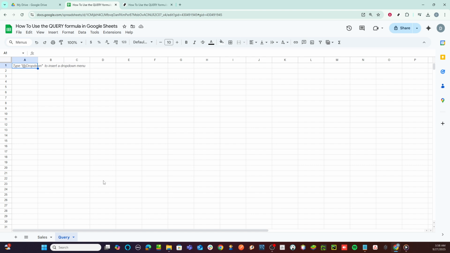Now that you're on the right sheet and tab, click on cell A1. This is our starting point for entering the query formula. When working with formulas, precision is key, so ensure that A1 is selected before proceeding. In cell A1, you'll want to type the following formula. =QUERY(sales!A:H, "select *")